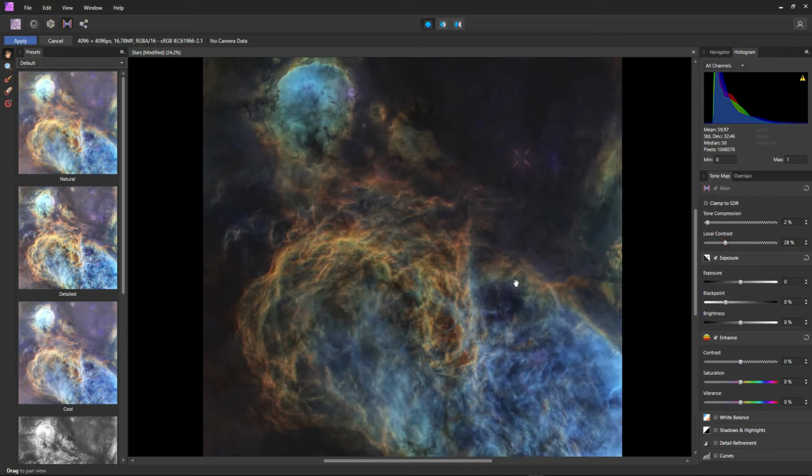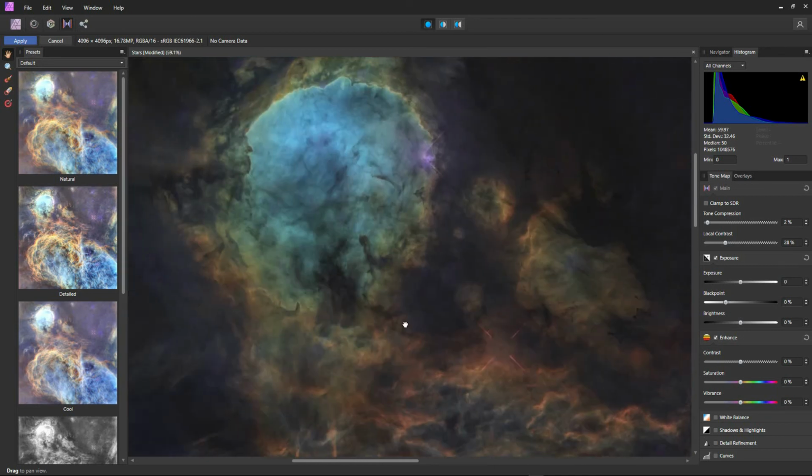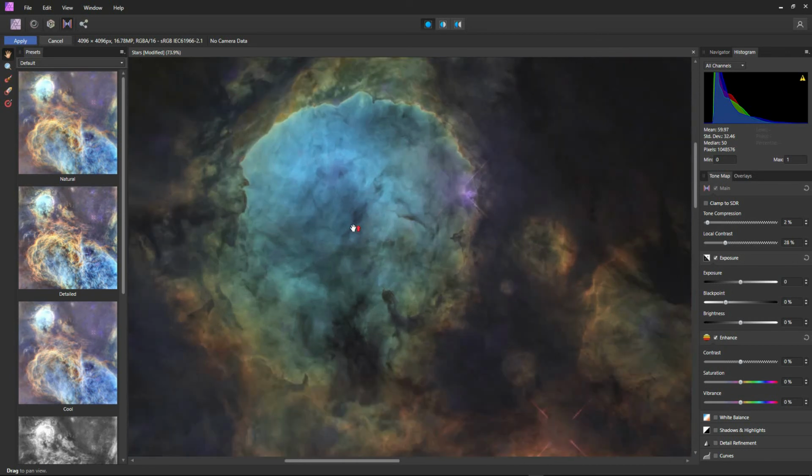I hope you can see that we've managed to extract an incredible amount of detail out of the image, and you can zoom in on that just using the scroll wheel on the mouse. Up here to the main nebula, again a bit of diffraction spikes here, but not too much of a problem. But hopefully you can see there's a huge amount of detail that's popped up in this image now. So once you're happy with that, and you can use these other sliders down here if you wish, I tend to just use these two at this stage, and then come back to these if I need to at a later point. So I click on apply,